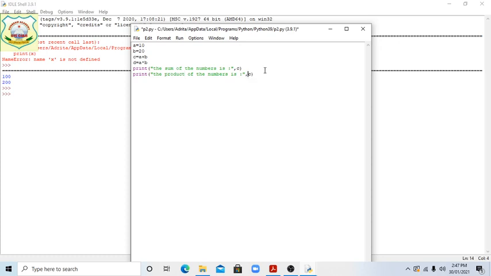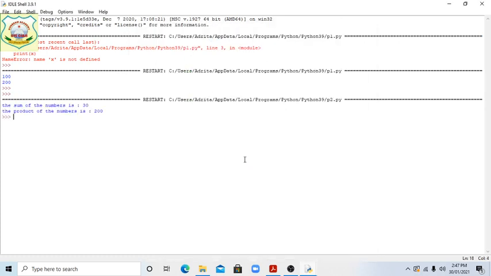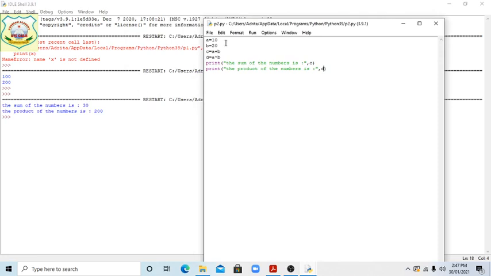We should write here D because D stores the product value. Okay, now run. Students, see everyone what we have written. See, a equal 10 we have taken, b equal 20, clear, and c equal a plus b, that means a